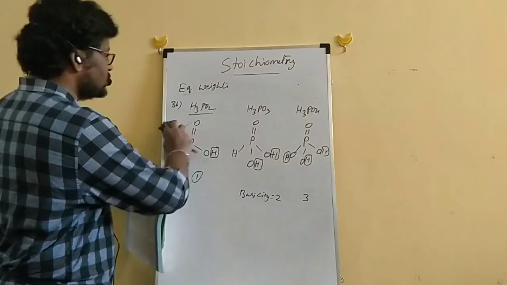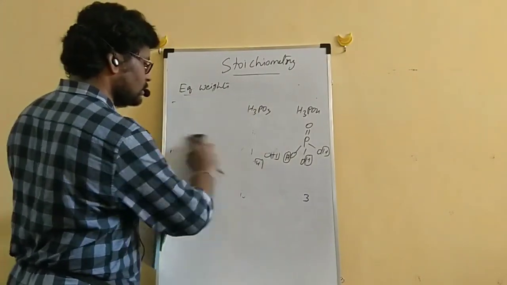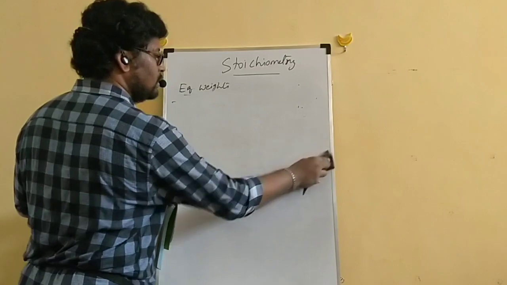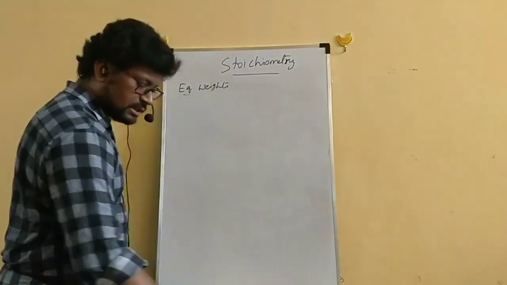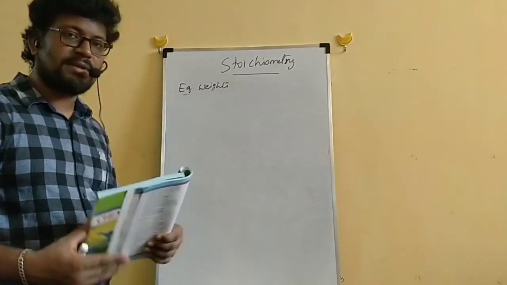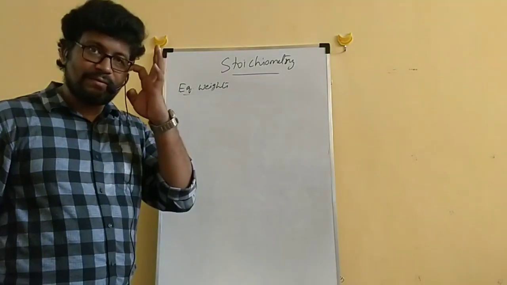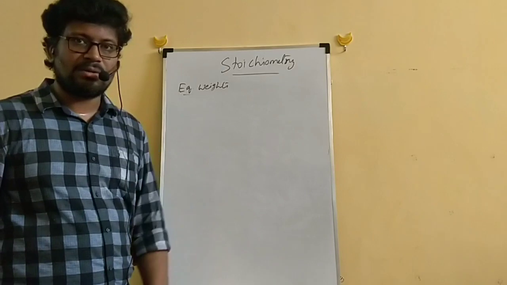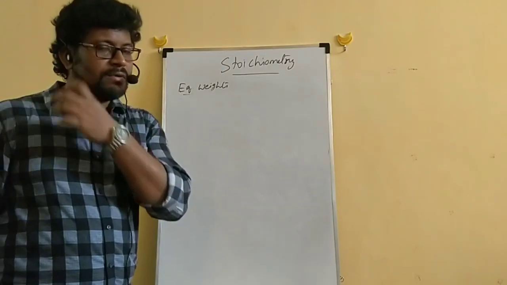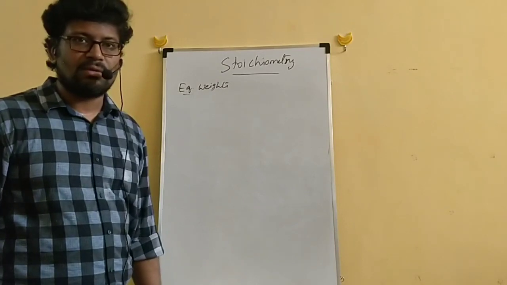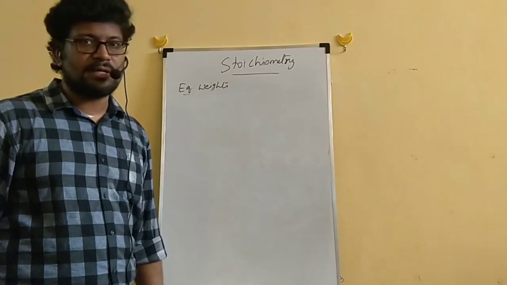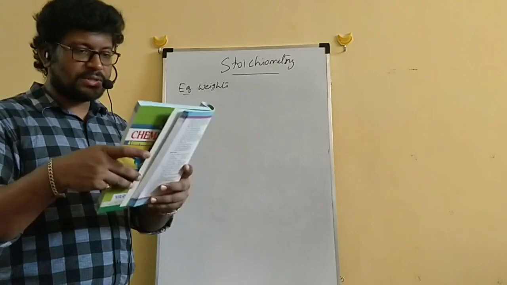Now, next question. In our schedule, we gave 2 days for this chapter. First day was some basic concepts of chemistry, and for stoichiometry we gave 2 days, meaning today and tomorrow. Today we will go through some problems, and tomorrow we will conclude the chapter. What about the important calculations? Tomorrow also I will discuss. Okay, now next question.